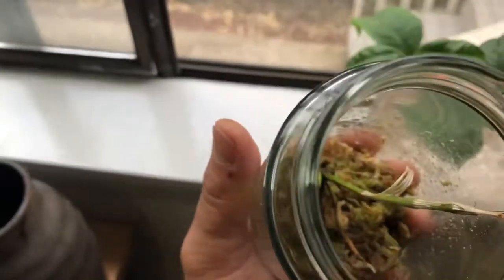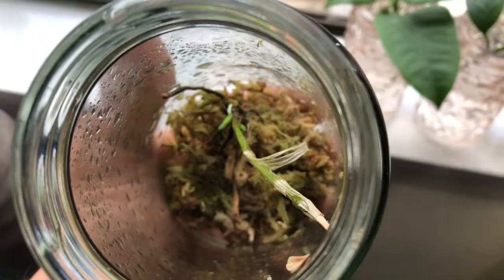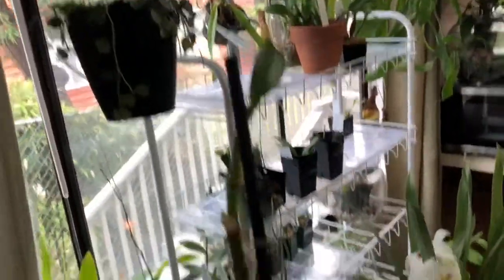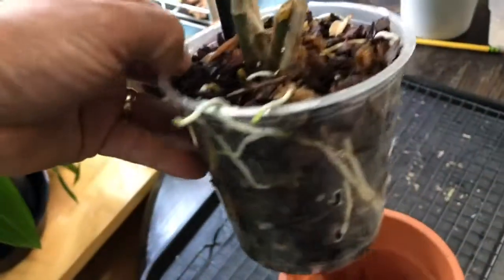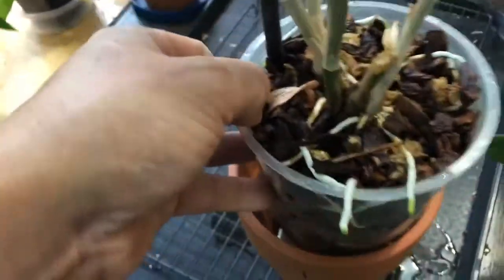It looks the worst, so I put it in a jar, and it created 2 shoots. It's hard to see, but if it would focus, yeah, there are 2 shoots and the new roots coming out. And this one, it's not only huge, but the roots going mad. Pretty impressive. Some of them shoot out from the hole, so yeah, that's pretty impressive. Yep. Here is